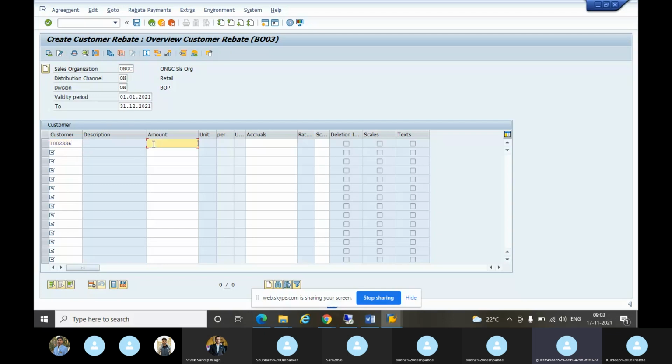The total value of the cars, for 500 cars, imagine it is 10 crores. How much is the rebate discount accrual? That is 25 lakhs that we are giving back to the customer. So this is the main thing here. So the total value of the cars is this, and the rebate discount for 500 cars is 25 lakhs. Each car 2% discount means for 500 cars it has become 25 lakhs. This will be given to the customer.